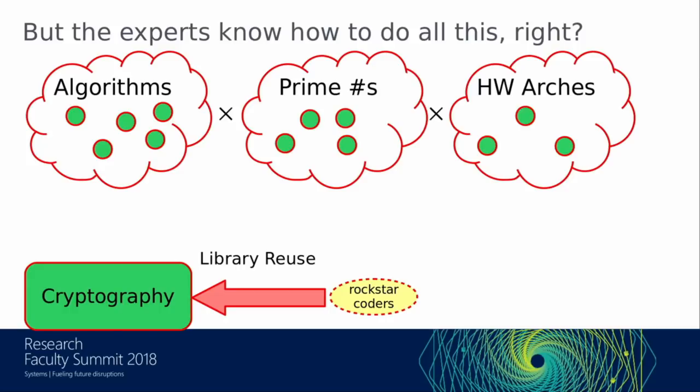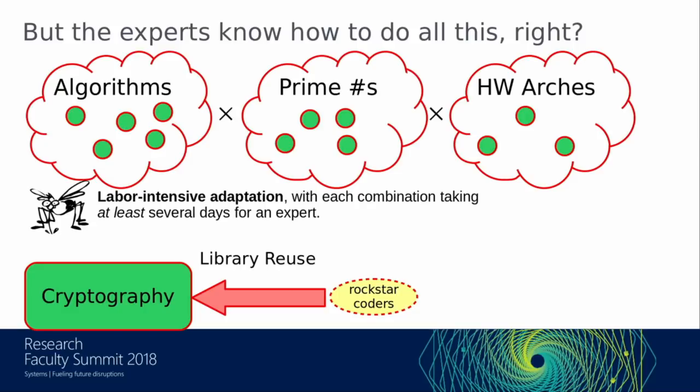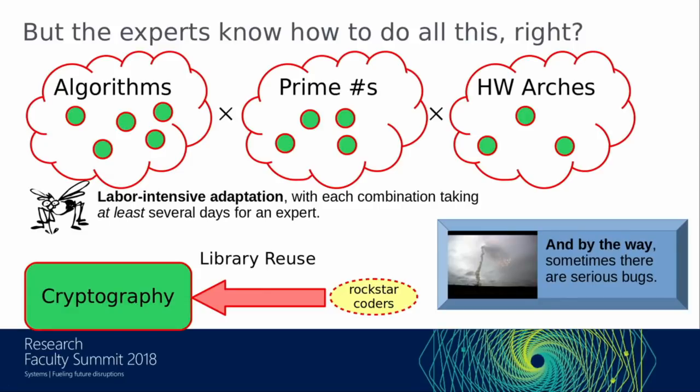When I was first learning about this area, I was really surprised to hear that for every element of this three-way cross product, the state of practice is to rewrite all the code from scratch, sometimes in assembly, to get the best performance. So there really isn't, or there hadn't been, very good abstraction in the way that this kind of code is developed and maintained. And that means there are a lot of opportunities for making mistakes where we get incorrect cryptographic primitives that can wreck your security guarantees.